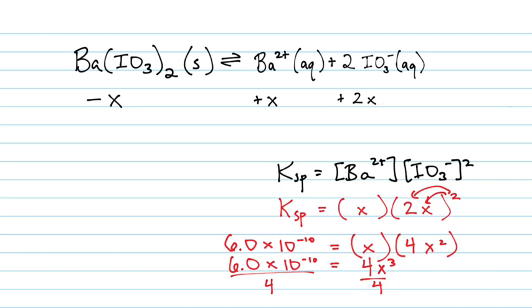Then the last thing I have to do is to take a cube root. I think the easiest way to take a cube root, to get rid of that cube, is to take both sides to the 1/3 power. Some calculators have a cube root button, but the way I like to do it, if I take both sides to the 1/3 power,